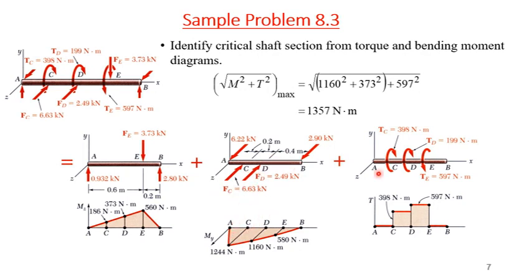The torque diagram will simply be zero torque from A to C. From C to D we cut it, draw the free body diagram for the torque, and find the torque, as we did in statics as well as chapter 3. These are the torques on different segments. Now we have to find the maximum value of the load. So where do we have the maximum value? Here it is shown directly, but